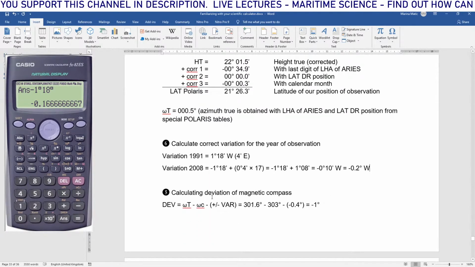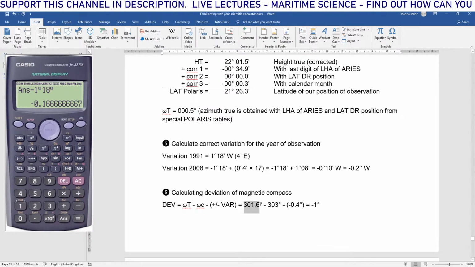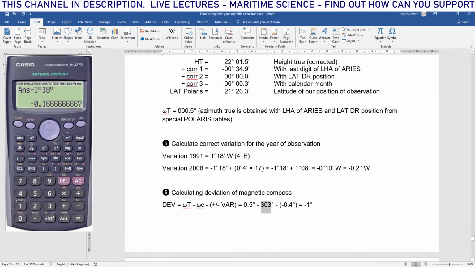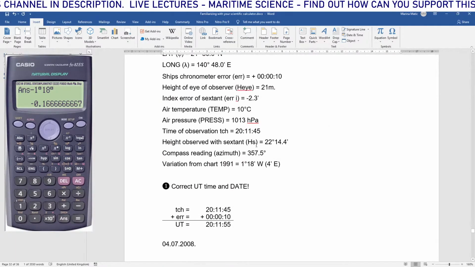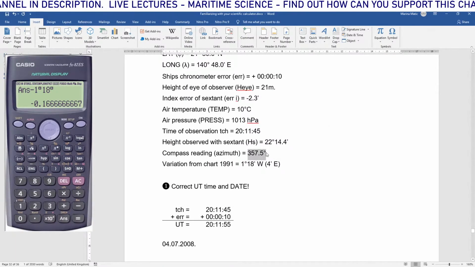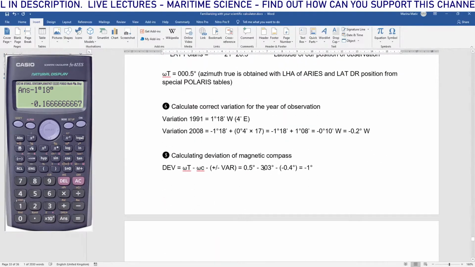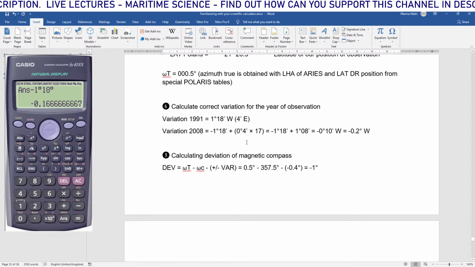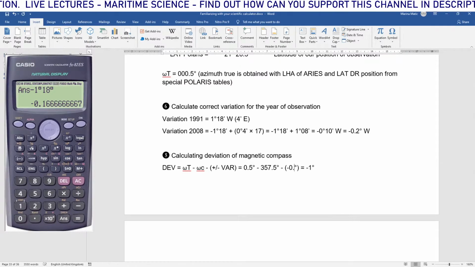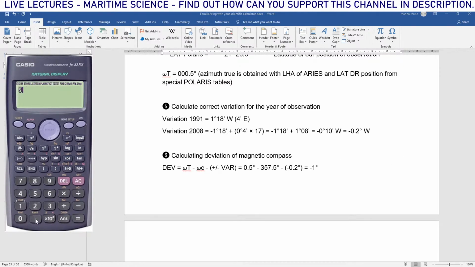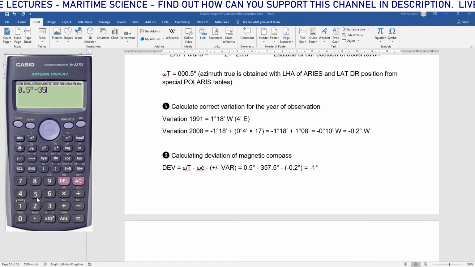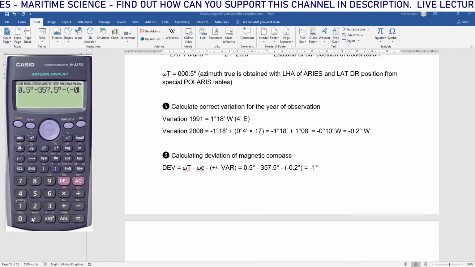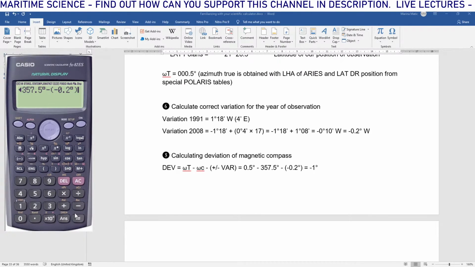And now we have to calculate deviation of the magnetic compass. Azimuth true that we measured was 0.5 from the table. From the compass, how much was it? Let's go back to the task. Compass reading was 357.5. So 357.5, and variation is negative 0.2. So we have 0.5 degrees minus 357.5 degrees minus 0.2 degrees equals,